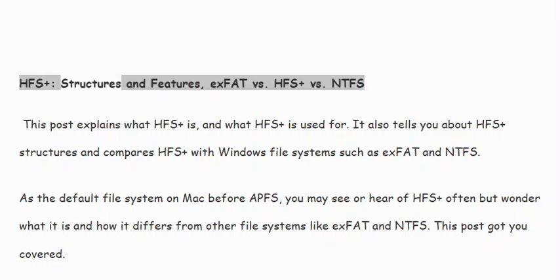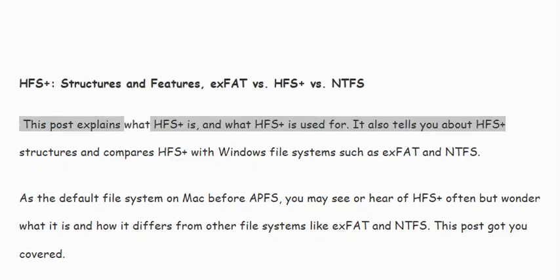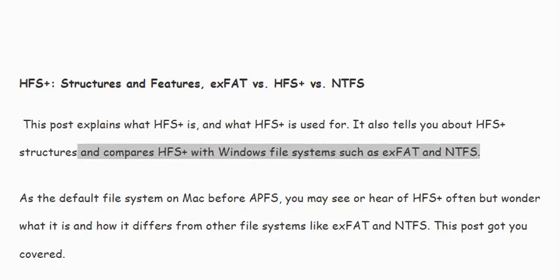HFS Plus, structures and features, exFAT versus HFS Plus versus NTFS. This post explains what HFS Plus is and what HFS Plus is used for. It also tells you about HFS Plus structures and compares HFS Plus with Windows file systems such as exFAT and